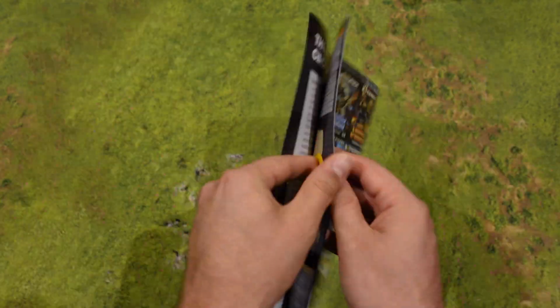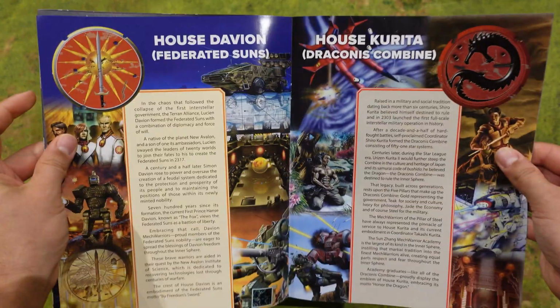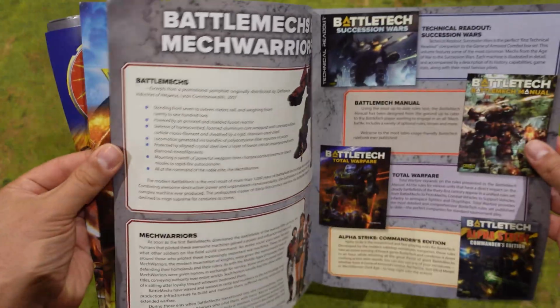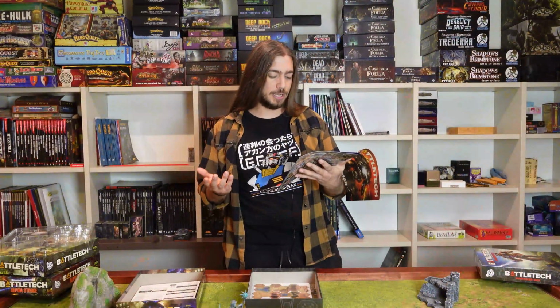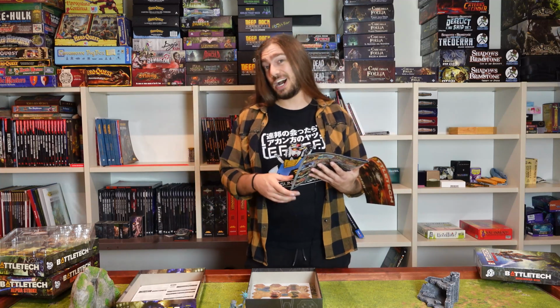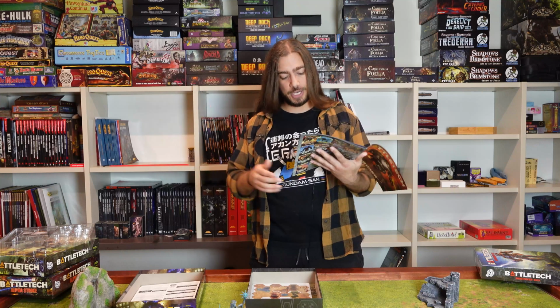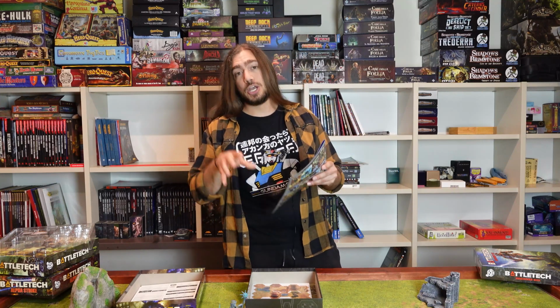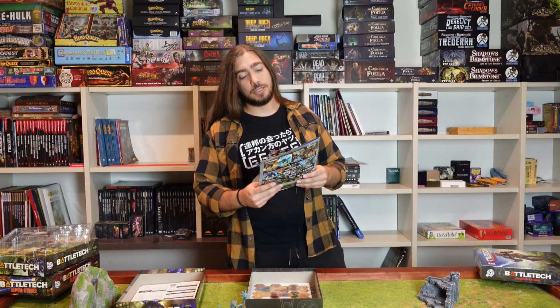For example, you are going to know about the different Battletech eras, which are seven. Battletech is divided into seven time periods. I'm just going to name them very quickly. The first one is the Star League, then there is the Succession Wars, then the Clan Invasion, which is one of my favorites, the Civil War, the Jihad, which is my absolute favorite. Then there is the Dark Age and the IlClan, which is the current time period in the